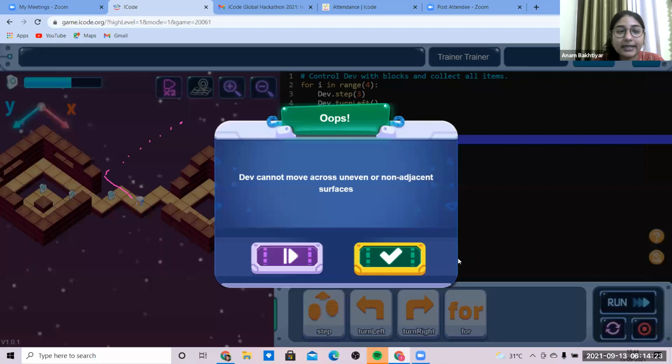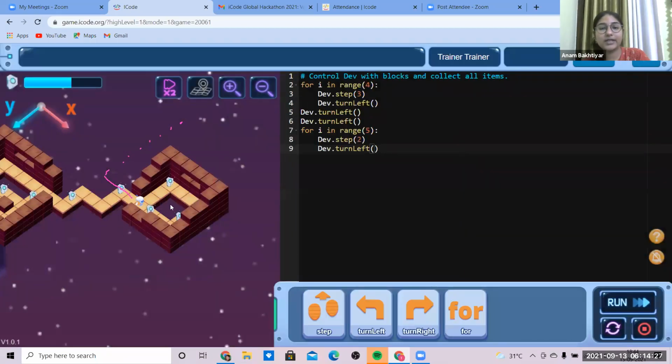It has to go in this direction, but it has turned towards the left. So that's our mistake. Since it's moving in this direction, taking 2 steps left, it has to turn in the right direction after that. Okay. So right direction, then it has to turn left, then right.